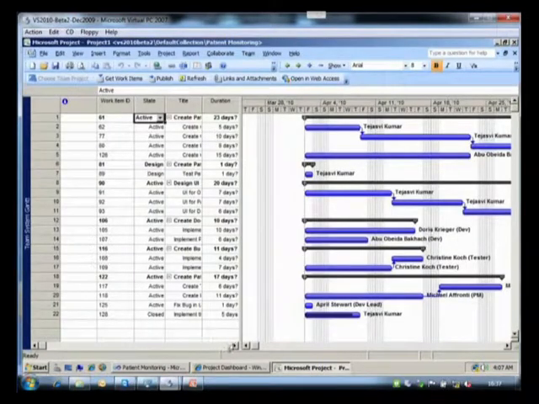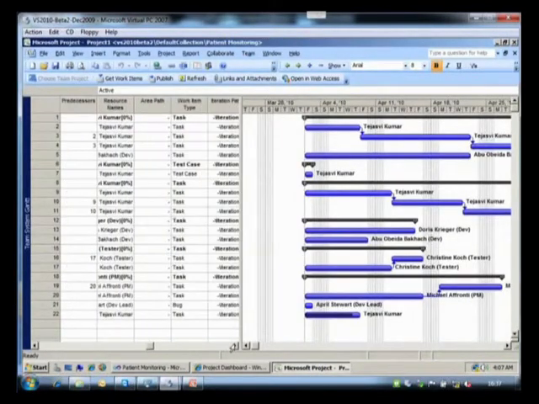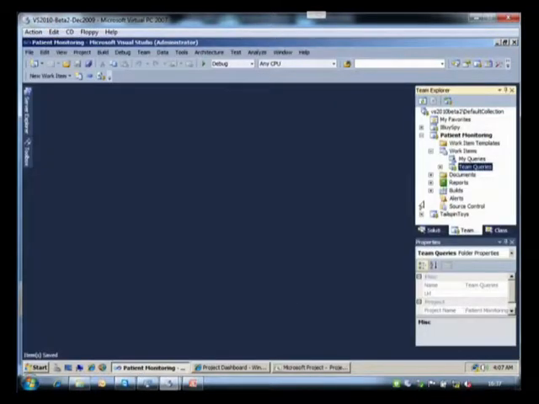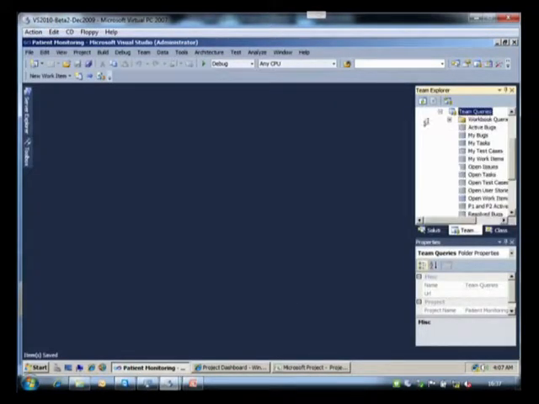And there's a bunch of information here on the right-hand side, which is actually for iteration 2. So what I'm going to show you now, through the reporting capabilities in the Visual Studio environment, is how I can actually plan my next iteration. In this case, I'm going to plan for iteration 2. I'm going to show you how that works. So let me go back into my Visual Studio shell. You have this option called